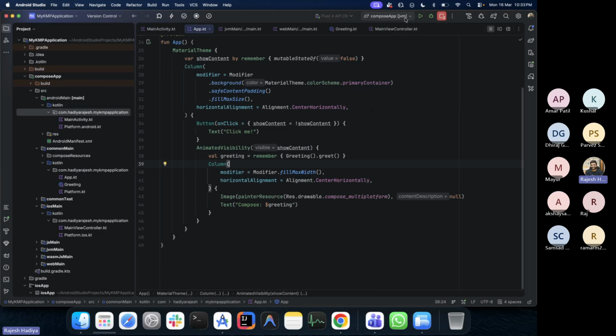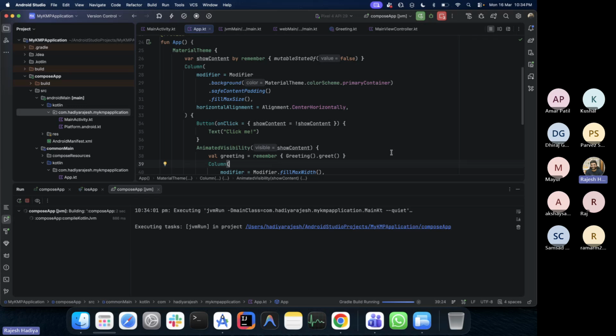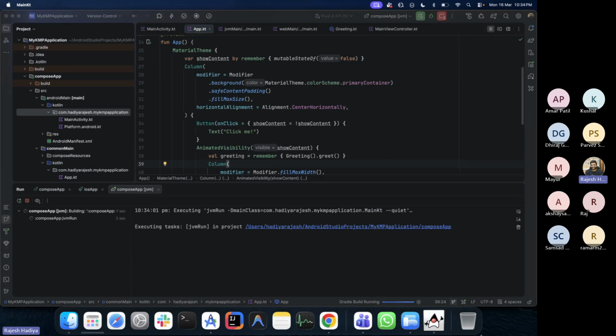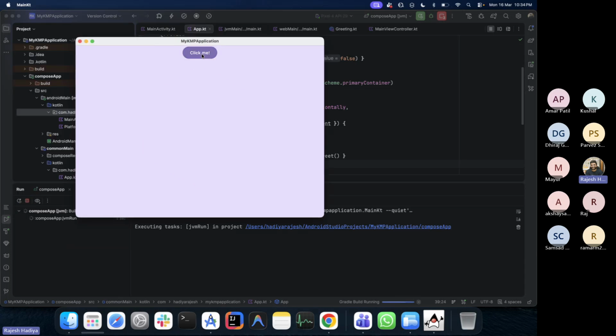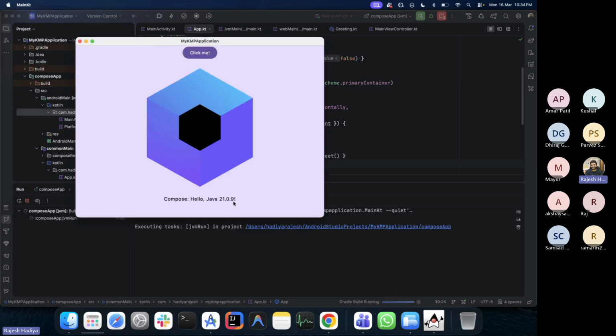The third one is JVM, that is your desktop. Let's run this too. Let's run it on desktop via the JVM. The Java logo will also show up, see? So it's a desktop app, right? I click on Click me and awesome, it's running Java